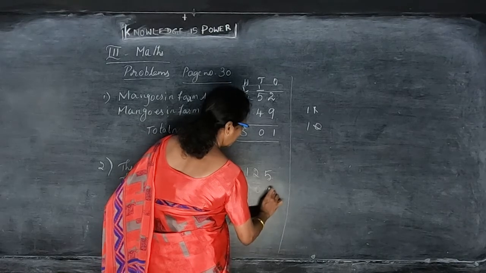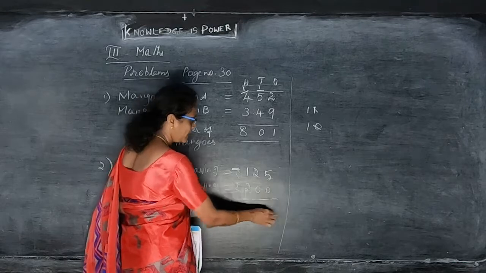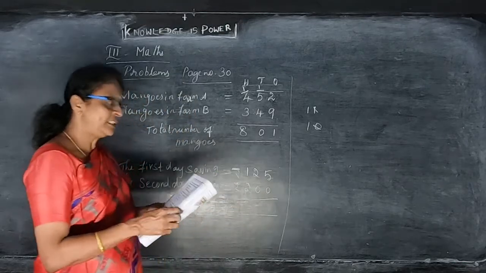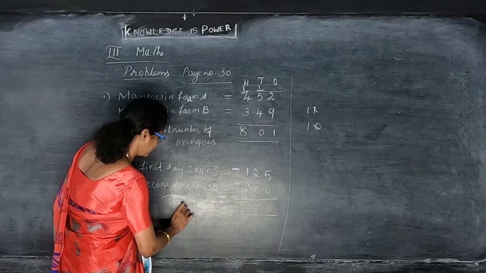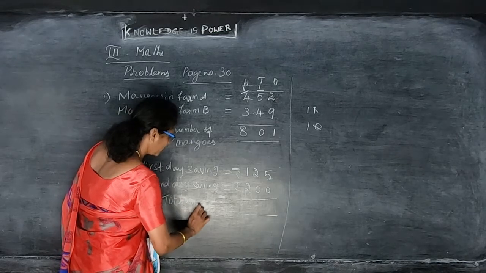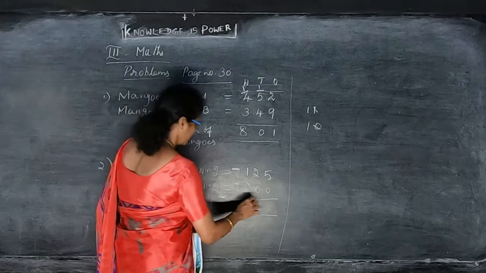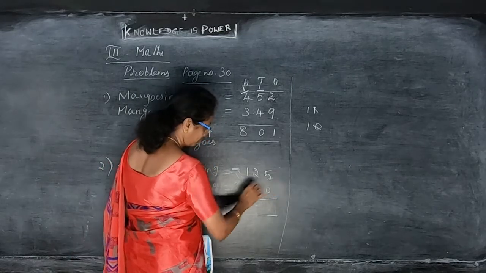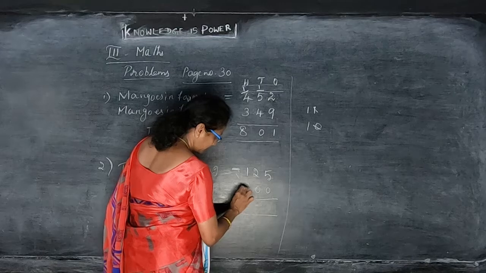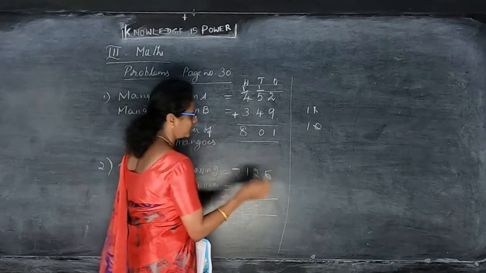So you have to write according to the ones, tens, hundreds, give some space and write, and then find the total amount. So total amount, always think that you have to add the numbers. Total amount. How much is saved for the two days? Total amount, that is equal to, from the ones digit you can count. You put the plus sign. Always, if you are going to add, you put the plus sign. If you are going to do the minus, you put the minus sign.